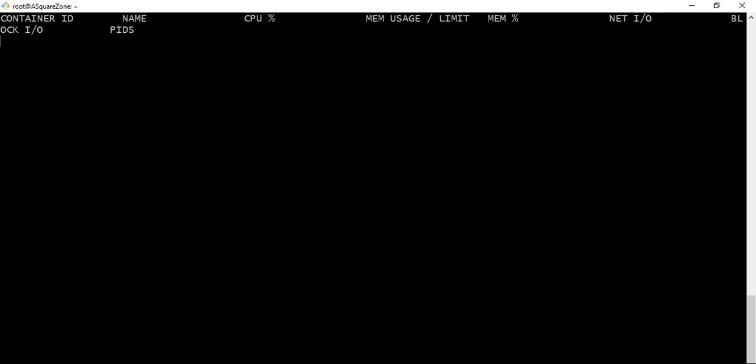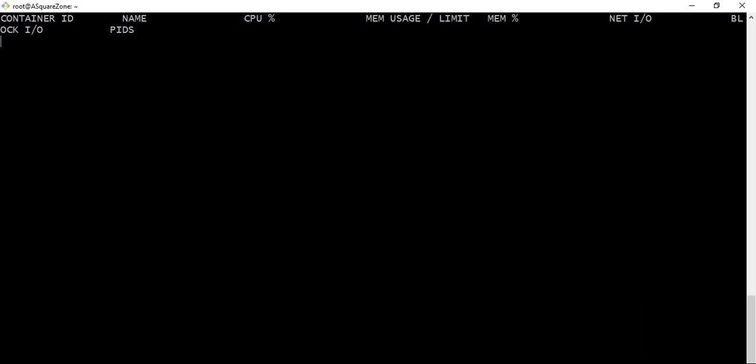Actually here it is giving the container details and how much CPU it is using, and memory usage and limit, how much it is having, and network input and output details also. So to get all the live data on a running container, actually here we don't have any running container, we already stopped it here. We'll wait for a few more seconds.